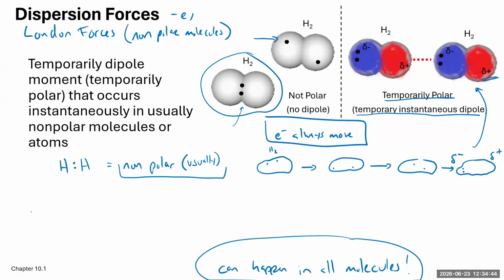So let's look at nitrogen. Nitrogen looks like this, triple bonded, sorry, to that. And so they're both nitrogens. I'm not going to draw all the electrons for nitrogens. We're just going to draw a pair. But nitrogen, this is non-polar. So what we learned before is, hey, this shouldn't have any intermolecular forces, right? But since every now and then those nitrogens can have the electrons on one side,